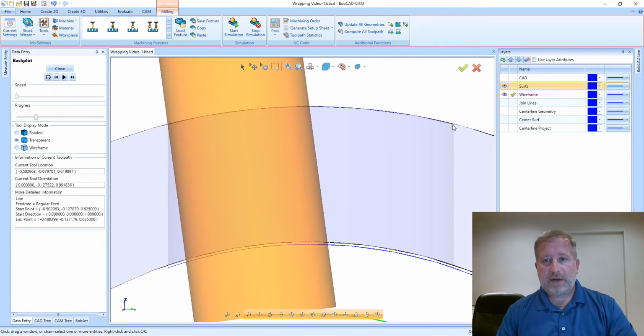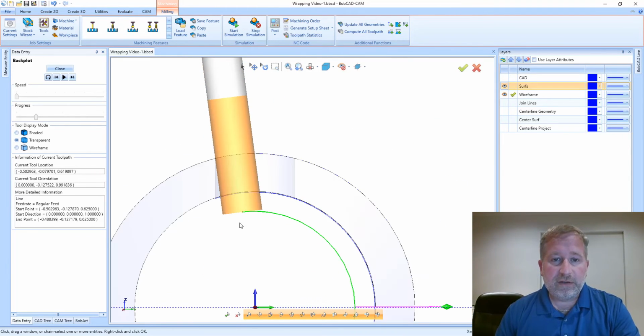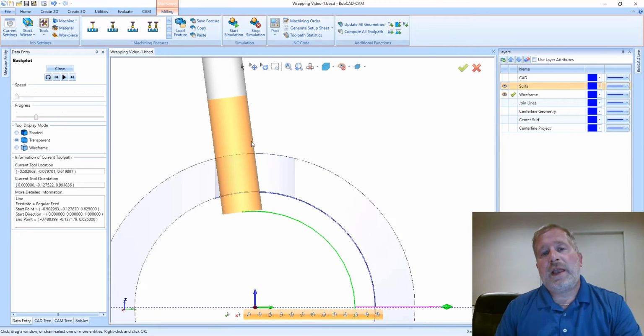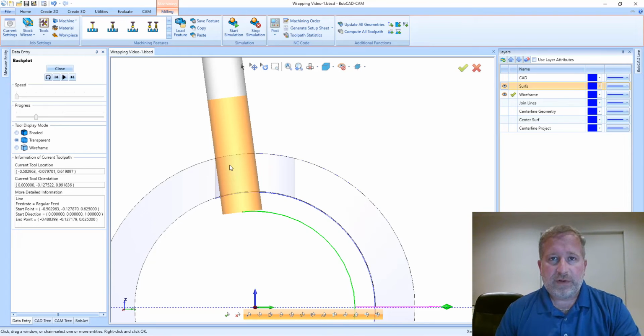So our slot here, the walls of the slot are supposed to be straight up and down. And we can clearly see that the tool is pointed directly at the rotary axis center. And that is the way that the wrapping group works. That's what it's intended to do. So using a smaller diameter tool than the width of our slot is going to result in angled walls on